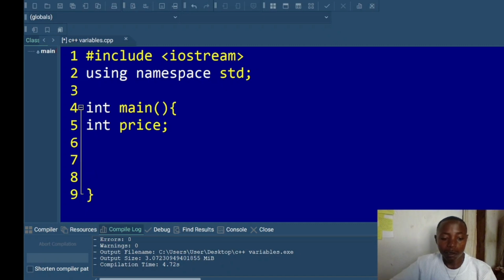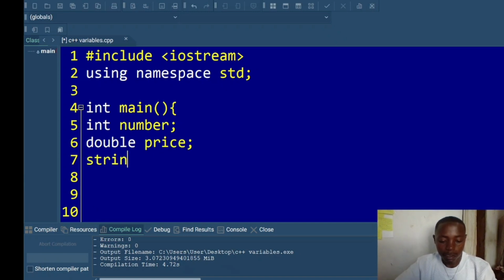Second, we are going to say, okay, instead of making int price, let's make int to be number, the number or serial number of a fruit. Let's say you are trying to buy from the supermarket, then you're going to have a double price, then we are going to have string name, a fruit name, then